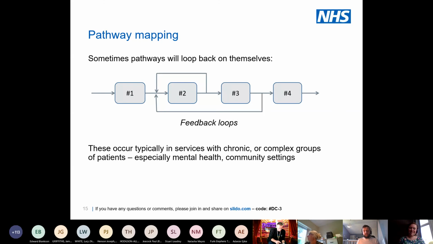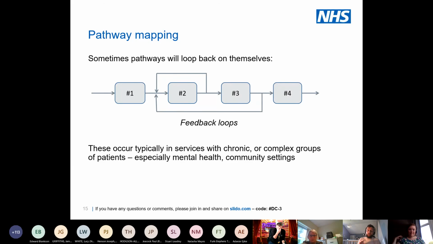Yeah, so when we're thinking about the pathway mapping, that first example we had earlier is a pretty basic one, and actually when we look at healthcare pathways, they are immeasurably complex. One of the big things that we see is these feedback loops. So you might go from your first outpatients into diagnostics, into pre-assessment, and then something will happen, so you have to go back to diagnostics and then back into your pre-assessment, and you can follow these loops around. This is particularly pertinent in